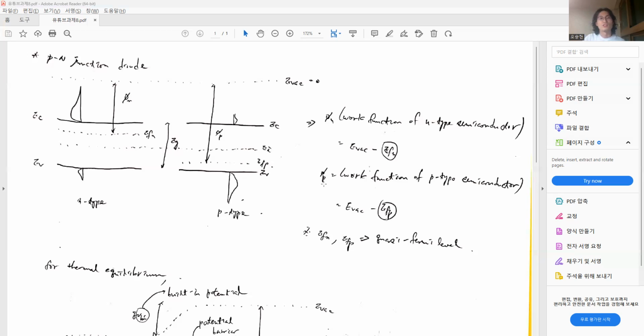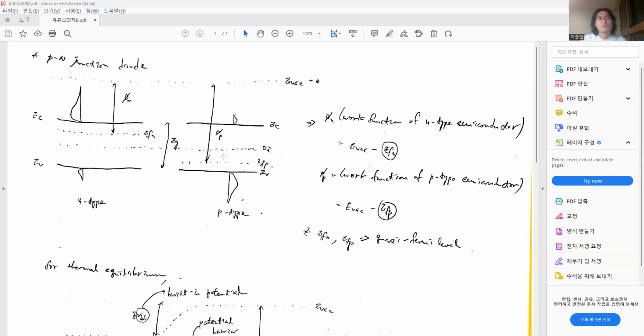However, we can think that we can categorize, we can divide each Fermi level energy into the Fermi level energy of the N-type semiconductor and the Fermi level energy of the P-type semiconductor. And so we can